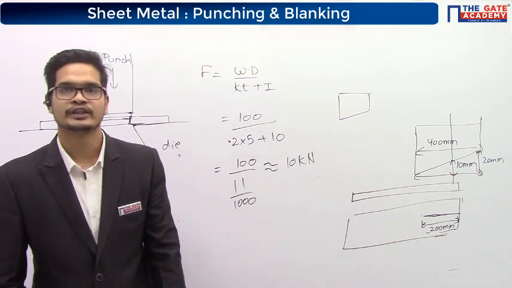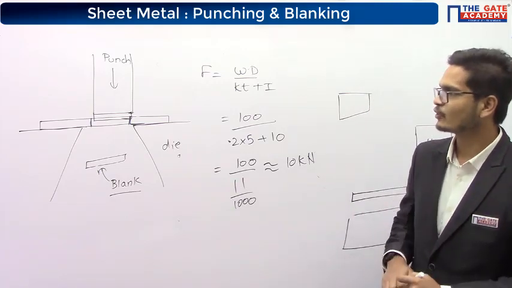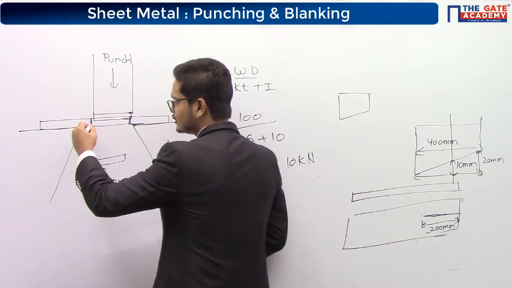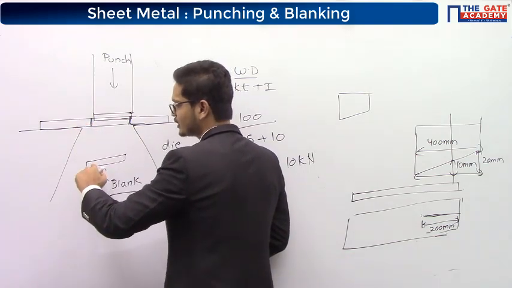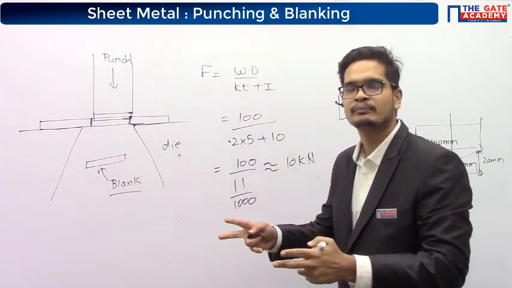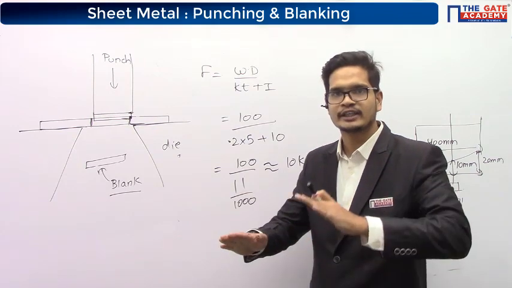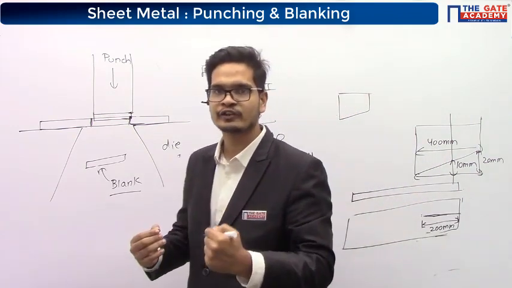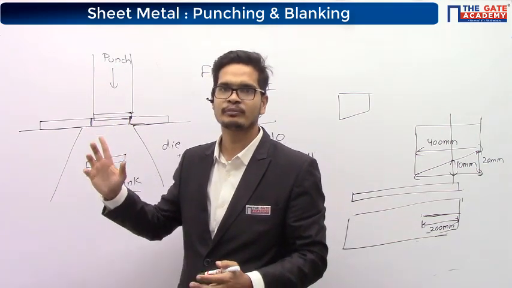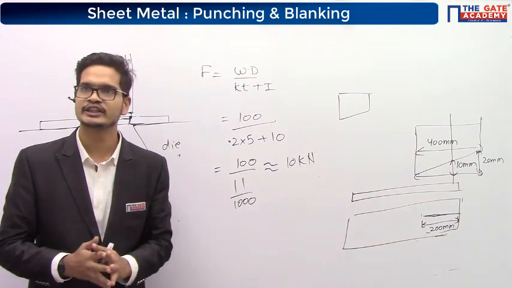Daniel is asking, sir, please tell why work done is same. Danish, what I am saying is, in both the cases, with or without shear, you are breaking the bond between the blank and the workpiece, right? In both the cases, you are breaking the same amount of bond. And what is work done? Work done in a way is the energy. Why is the energy required? Energy is required for breaking the bonds, right? So in both the cases, you are breaking the same amount of bonds. That's why the work done is same.